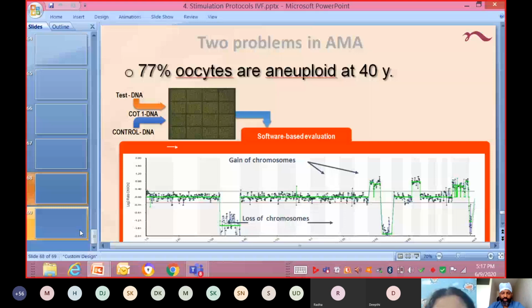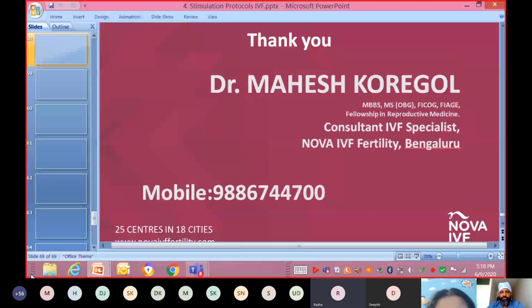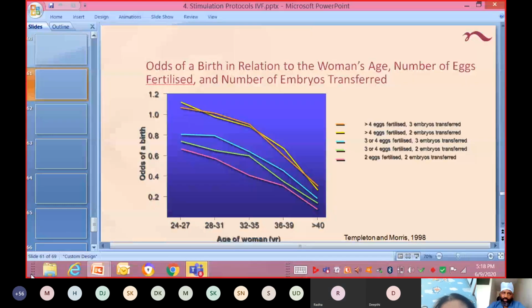Sir, in a low resource setting like a basic IUI clinic, for double IUI, on the second time IUI, the patient's husband is giving a very small amount of semen. How to proceed, sir, for double IUI? Always do a single IUI. Double IUI is not always required. If you are timing it well, the evidence has suggested that one IUI is good enough. You don't need two IUIs. If you are doing a single IUI, that is going to help you.